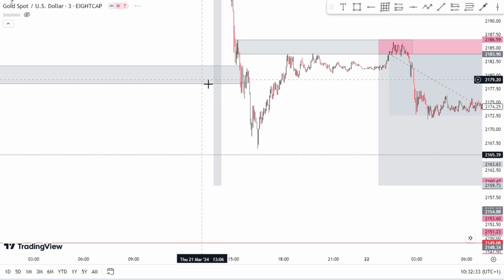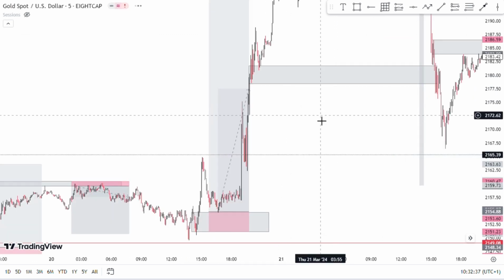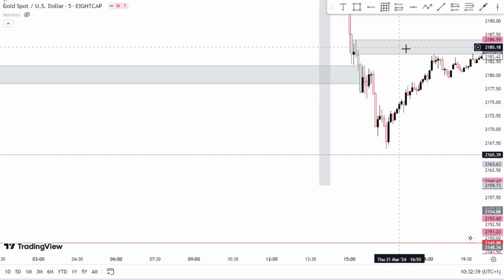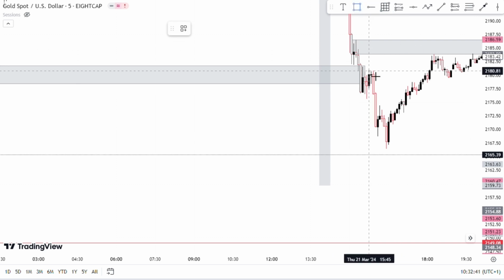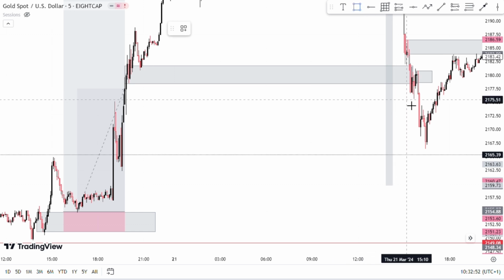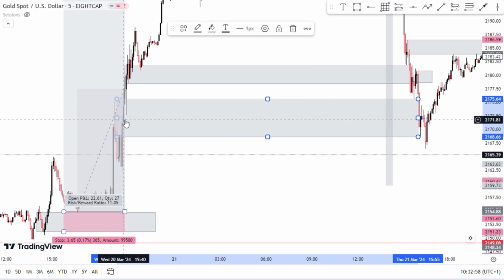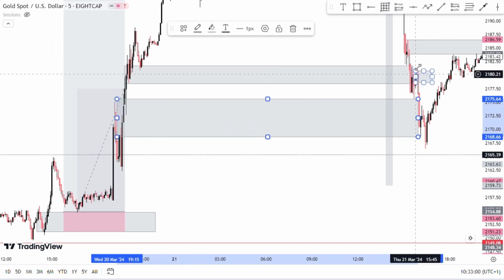So the reason why we are not using this, let me go back to the 5 minutes time frame. The reason why we are not using this particular order block here, let me show you, this particular order block here, is just because there's not any particular low that price broke here. I mean, all this is from this low, from this moment to this low. Let me show you if price breaks any low here. Can you see there's not any low here? So this order block is not a strong order block,